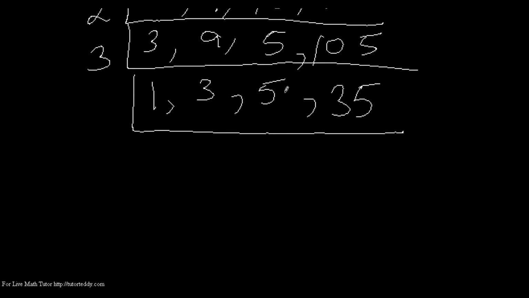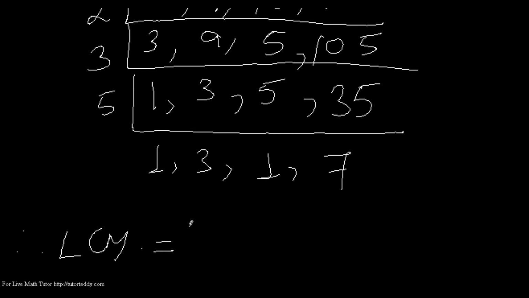But 5 and 35 will be divisible by 5. So I divide by 5. First number 1 remains, 3 remains, 5 1s are 5, 5 7s are 35. And here in this step I don't find any two numbers which are divisible by the same number. That's why my LCM will be,